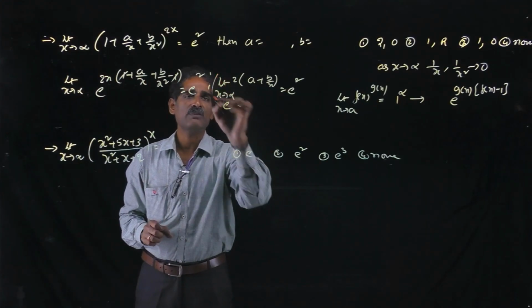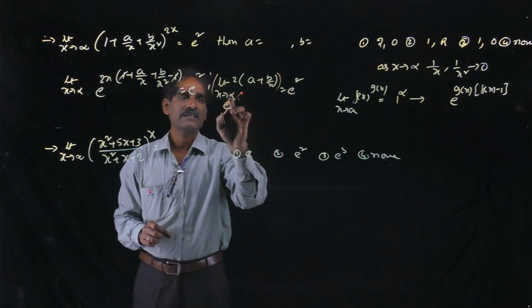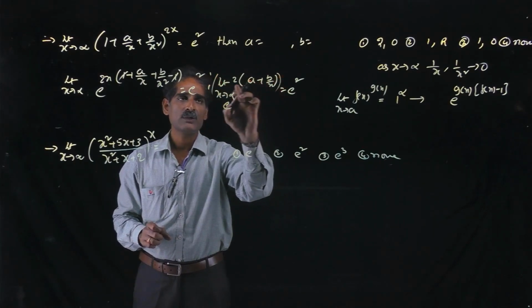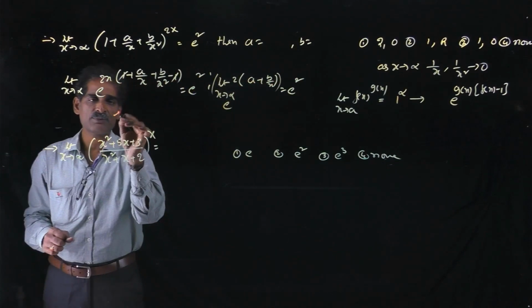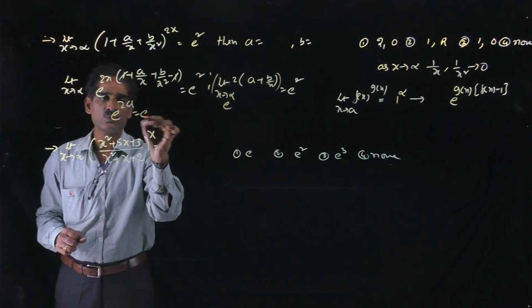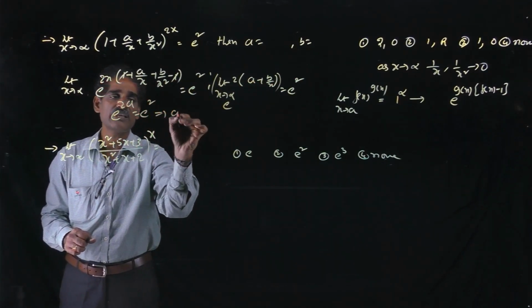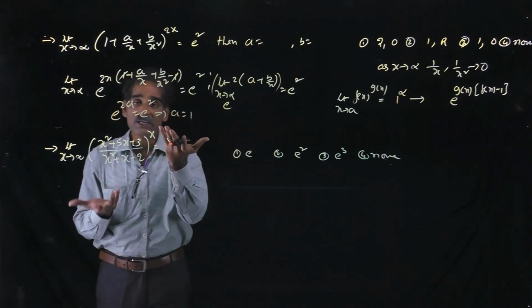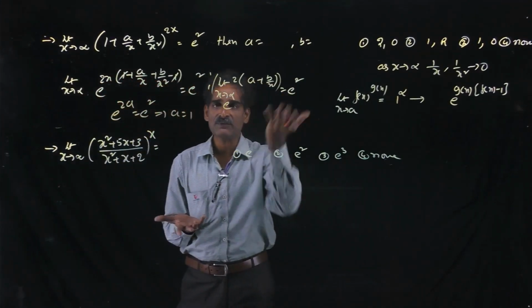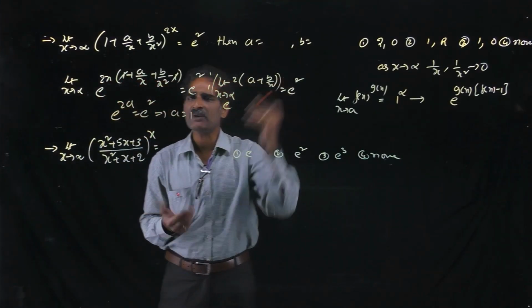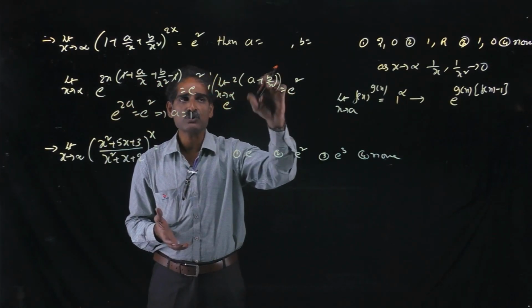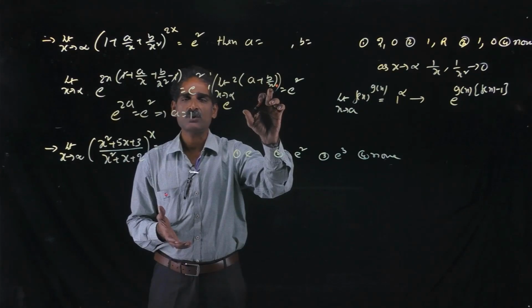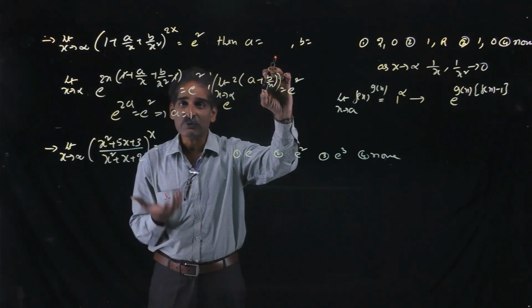Now what about the value of this part? As x tends to infinity, this is 0. This is a constant. e power 2a equal to e square. That means e power 2a is equal to e square. From this a is equal to 1, but there is no b. b is not affecting the limit of this function. So you can take any value in place of b, because whatever finite value b is, this goes to 0 as x tends to infinity. So the b value does not give any effect to the limit.